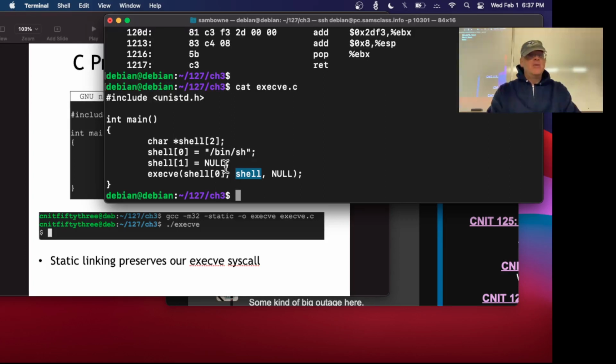want to launch, and then other parameters, which would be a null. We're not doing the fancy stuff. And the first one has to be this same thing. You have to put the shell here, and you have to have a pointer to the object containing the shell here. It's screwy. You put the same data in twice, essentially. But anyway, that's how you do it. That's what execve does. And so if you run that,